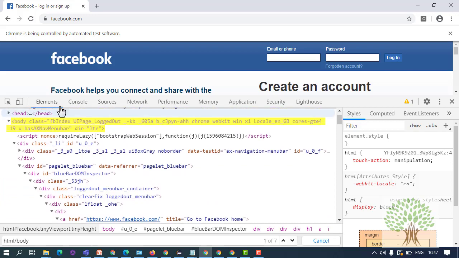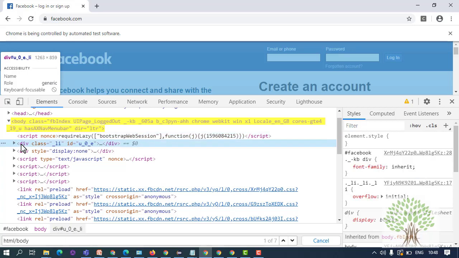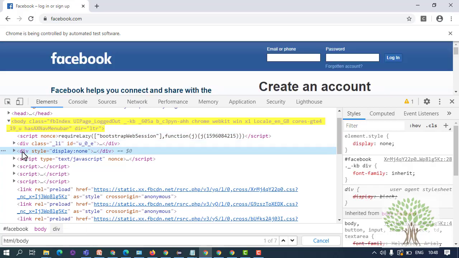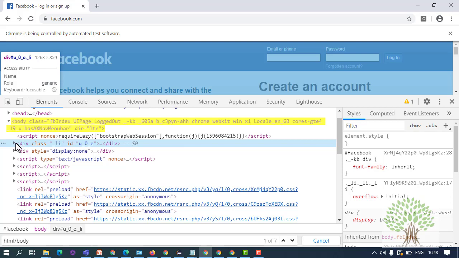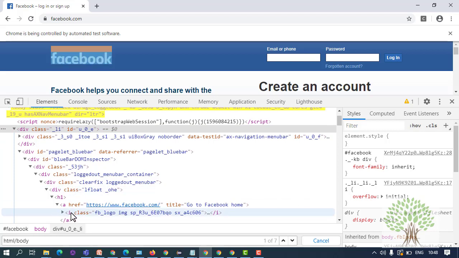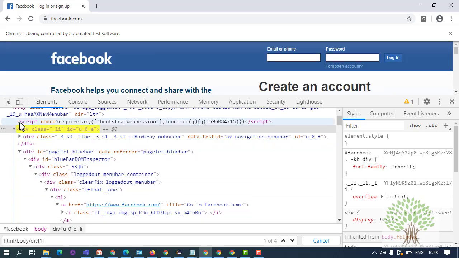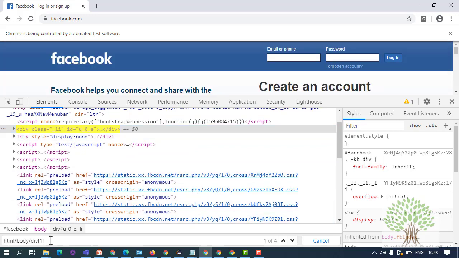Under the body tag you have a division tag. Rather, you have two division tags parallel to each other under this body tag. The body tag has the first tag script, second tag div, third tag div. These two division tags are parallel to each other. You want to go inside the first one because that's how you will actually reach the I tag. So you write /div, and in brackets you write 1. If tags are parallel to each other, you can distinguish them with the number. If I had written 2, then it would have highlighted the second parallel tag.